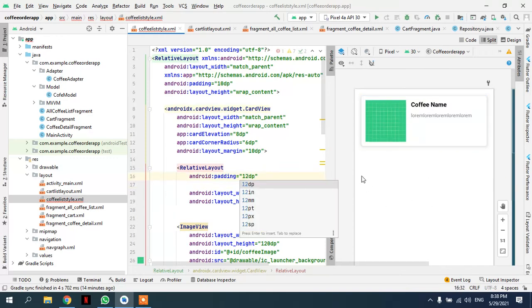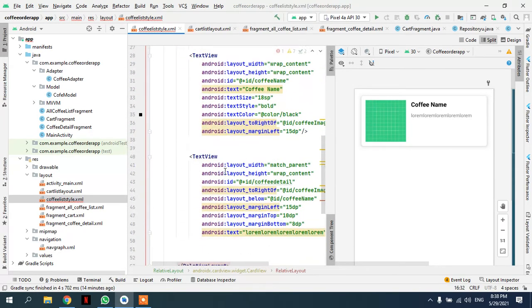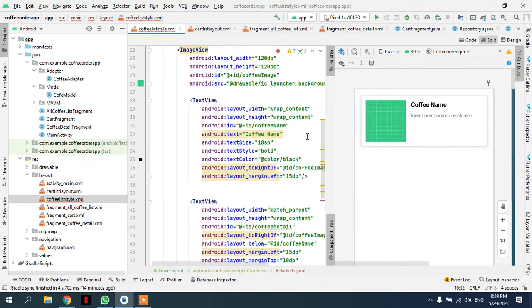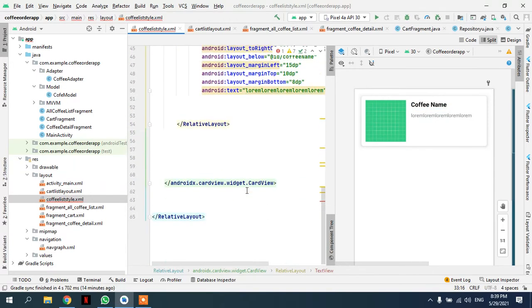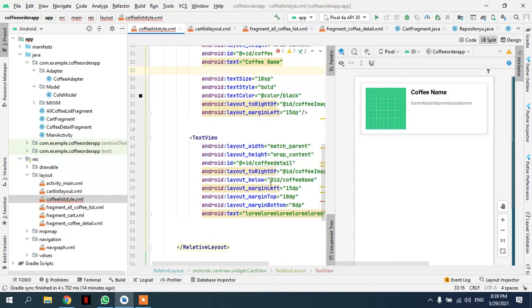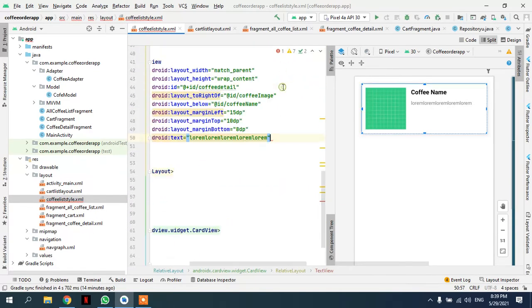Okay, guys, this is the coffee cart that I have created. Looks amazing to me. I guess that's the best I can do in terms of design. Well, let's not mess with this. Maybe we can increase the margin there, but let it go like that. Okay, so this is our coffee detail design. And what else do we got here? I think I just forgot to